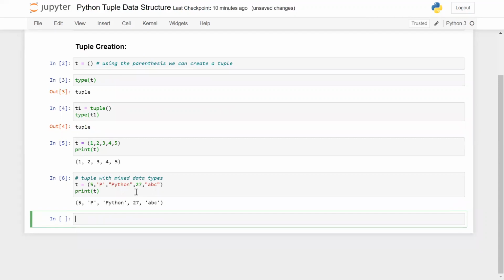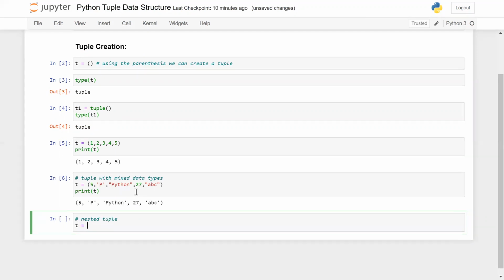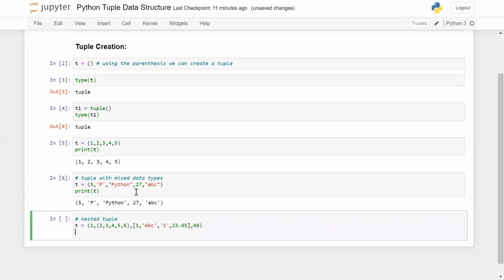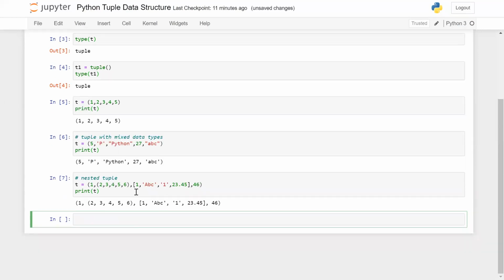Okay. So here this one. If I want to create a nested tuple, okay, nested tuple. So let's say t1. Now I am going to supply some random numbers. And I was saying you can store even other data structures as well, right? So other data structure, let's say this one, anything. So you can mention anything here. So here the tuple is with a nested tuple.